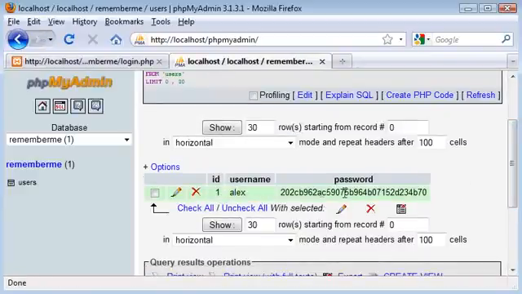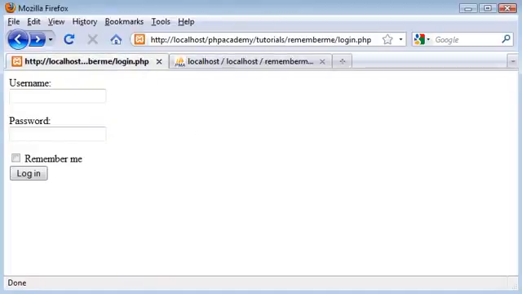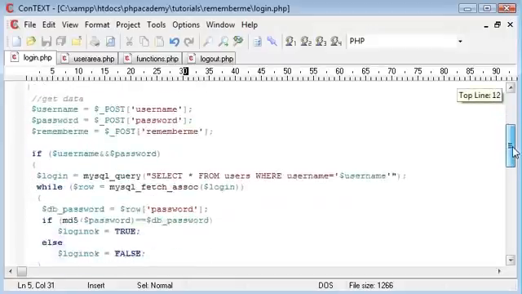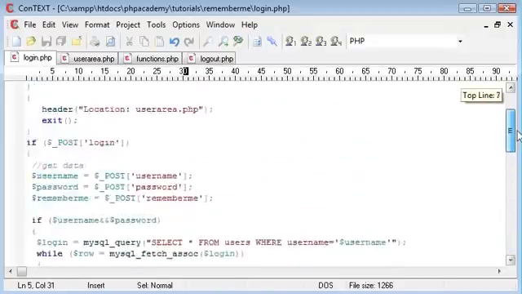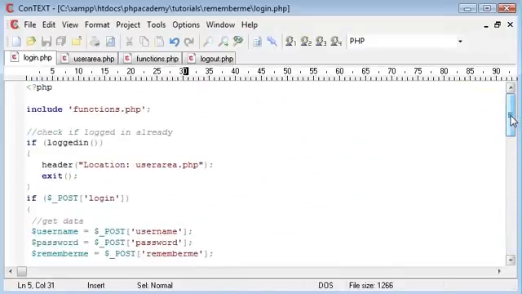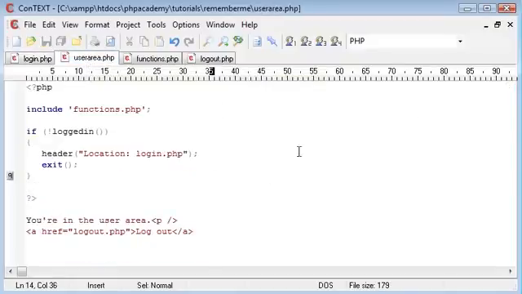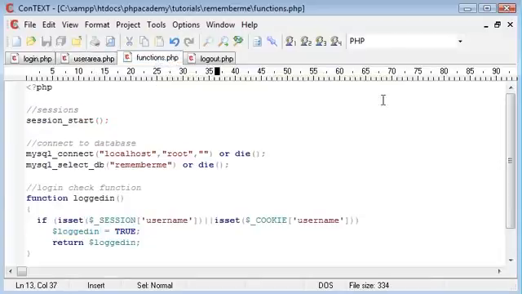I've already got my entry in for my username and password, which is MD5 encrypted, so we're using a bit of security here. We've got a login page, quite a bit of code here, but when it all falls together you'll see that actually it's quite simple. We've got a user area once the user is logged in, and this uses a function here called logged in, which is present in this functions.php